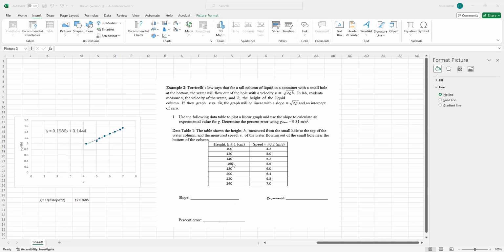Now, what I want to emphasize here: the speed is given in meters per second. The height is given in centimeters. My recommendation is this. The units of acceleration of gravity are meters per second squared. The values of speed are given in meters per second, and they give us the height in centimeters. I recommend you convert those centimeters into meters so we can work